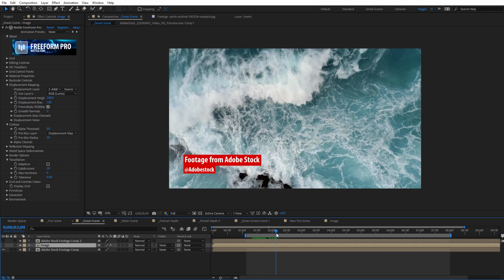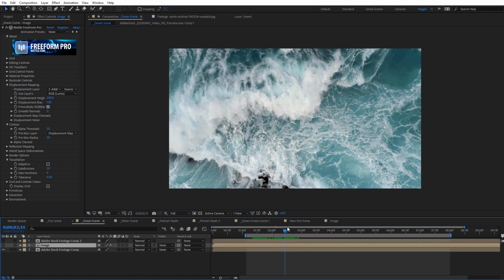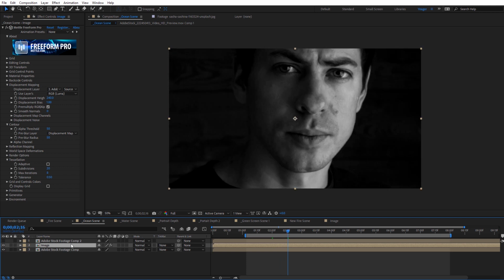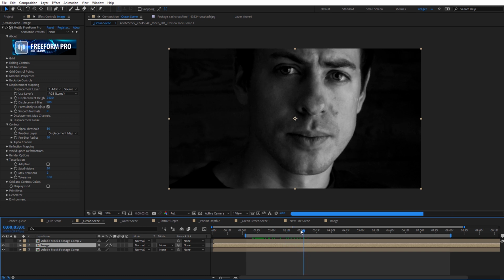So we have these waves coming in, and we have this dark blue of the waves, and you can see how they crest here with the white. And so it gives us some nice contrast that'll work well for displacing this on footage. And so if we go ahead and turn back on the image, we can actually see this displacement taking place on our footage. If I go ahead and scroll through here, you can see there's where the wave is cresting up. It kind of creates this wave on top of the footage.